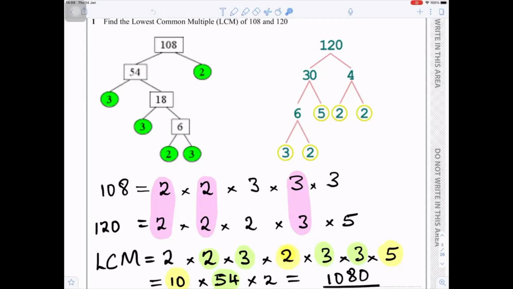So you can break down 108 by doing a factor tree. 108 is 54 times 2, and we circle the 2 because it's a prime number. 54 is 3 times 18. We circle the 3, it's a prime number. 18 is 3 times 6, and 6 is 2 times 3. So we circle all the prime numbers. So 108 is the same as 2 times 2 times 3 times 3 times 3. Now we do a factor tree